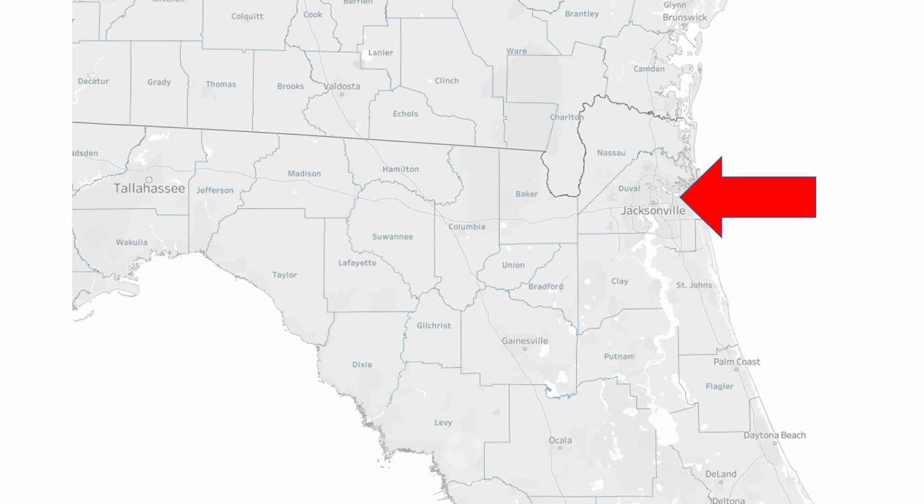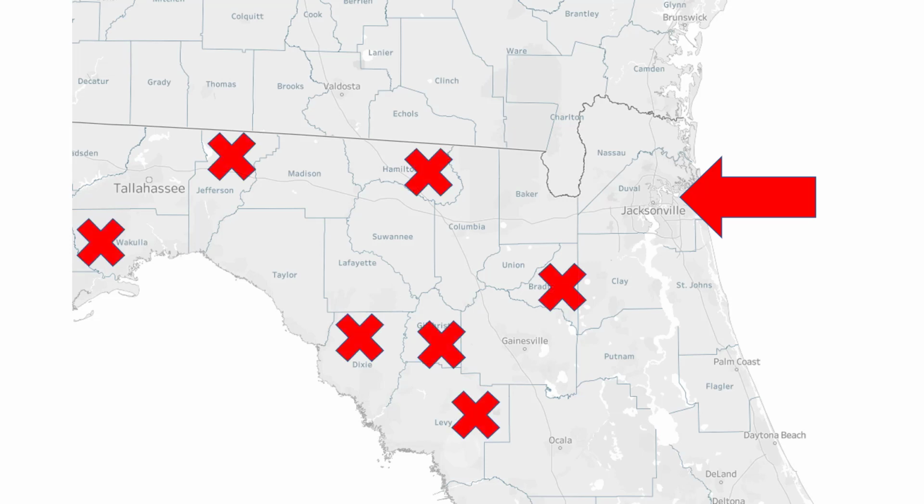So this is Duval County, where Jacksonville is located. And I want to point out all of these X's are counties that don't even appear on this new AHCA data set that's coming out, that county level listing of those who are currently hospitalized. These counties don't even appear. And my supposition for that is these are counties that don't have a hospital at which those people might be hospitalized. I'm guessing, because I can't come up with another good reason why these counties would be left off of that report. In addition to that, these counties actually have 0 counts in there, right? 0 people in hospitals with COVID-19.